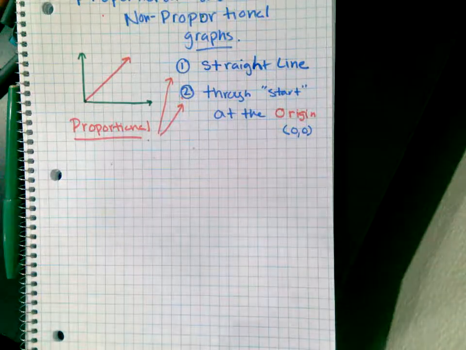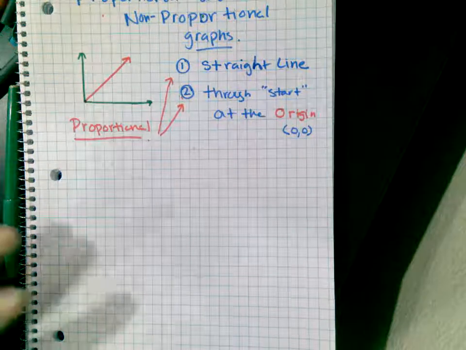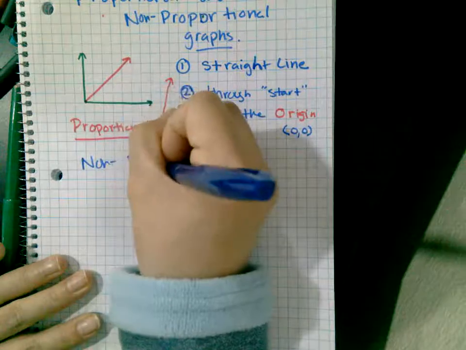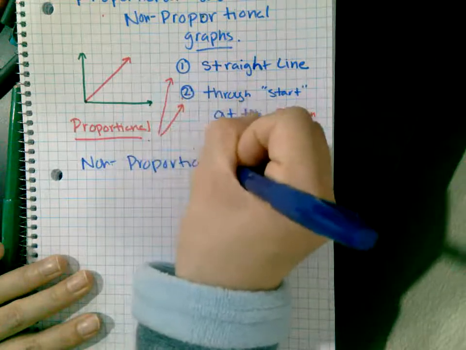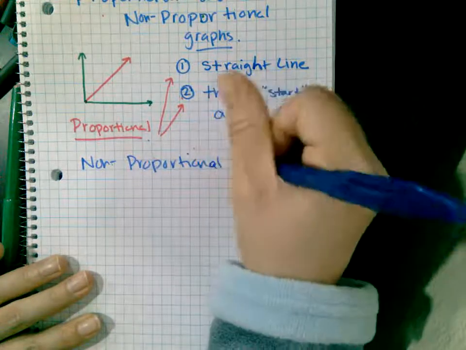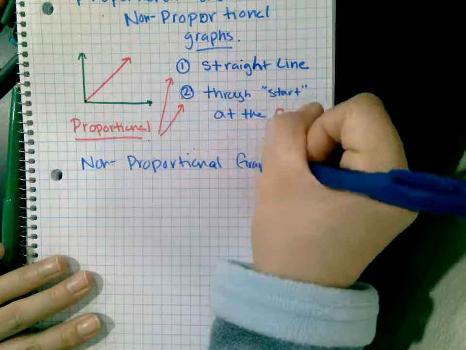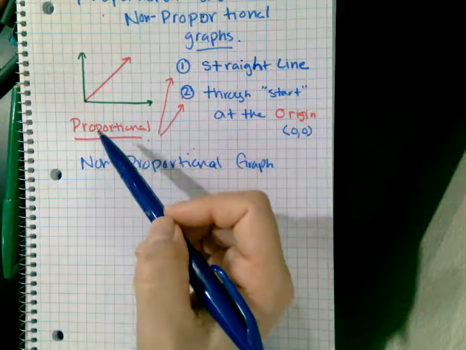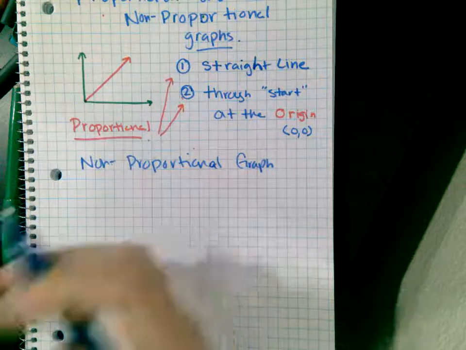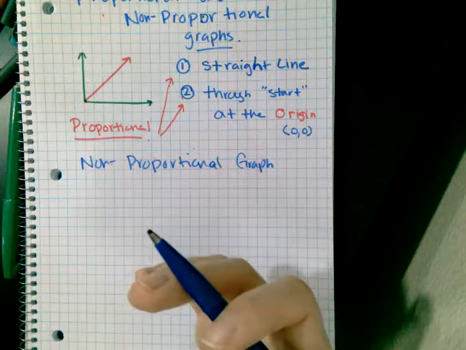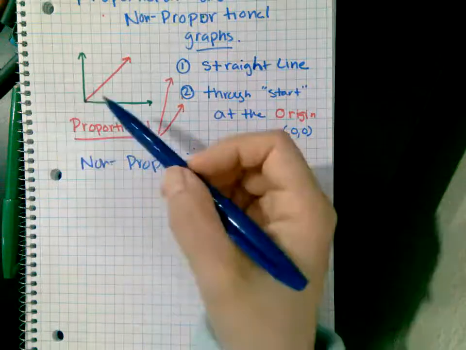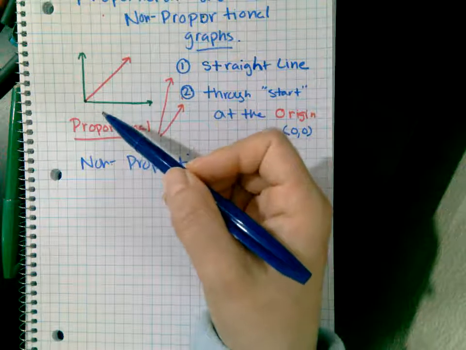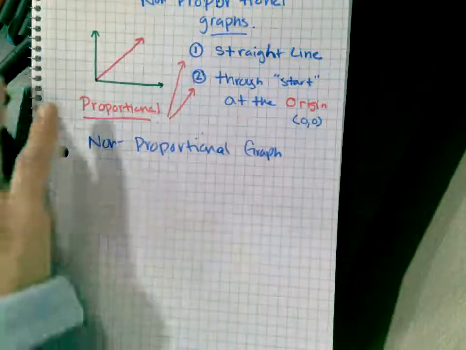So here's a non-proportional graph. Because it's proportional, you can write an equation for it, right? And you can figure out what number you're multiplying by, like what's the unit rate. So because it's proportional, you guys can find the equation, you guys can find the unit rate. Yay! When it's not proportional,